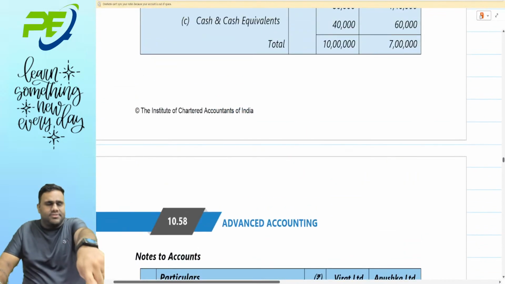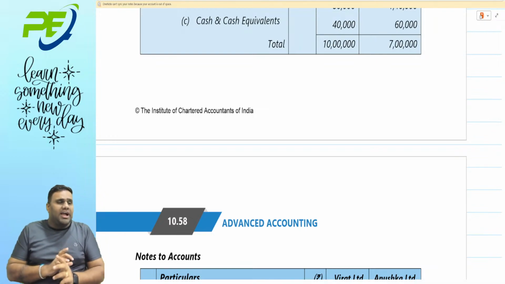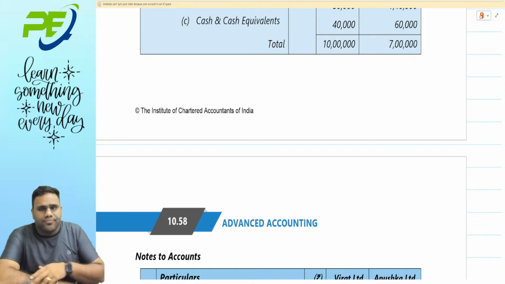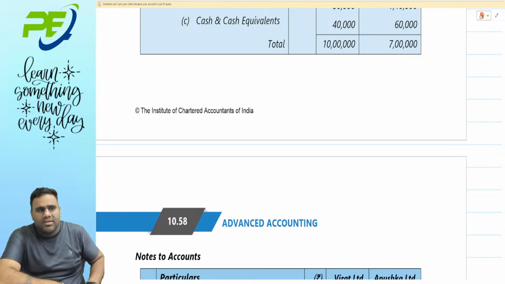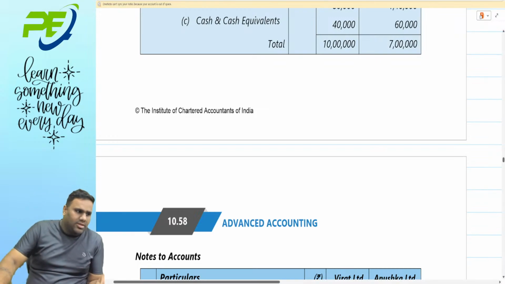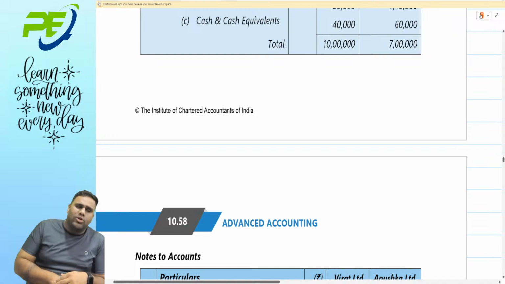Write summary notes. Everyone go to your summary notes. Point 4.5: Investment in subsidiary in holding company books will get knocked off